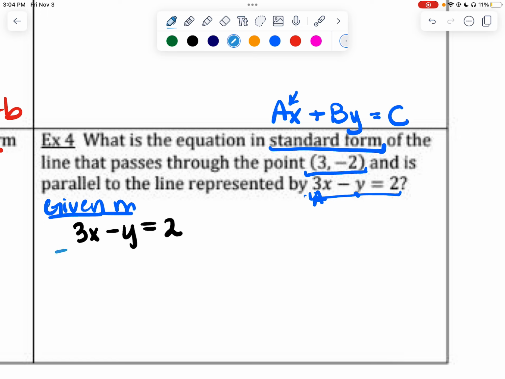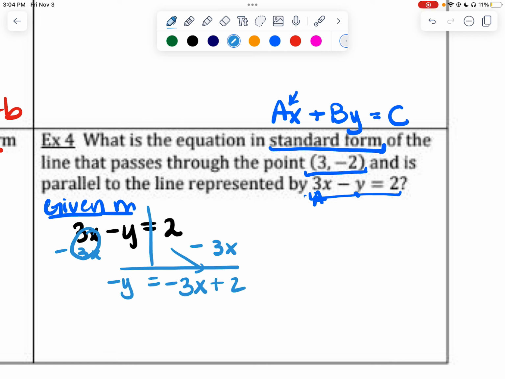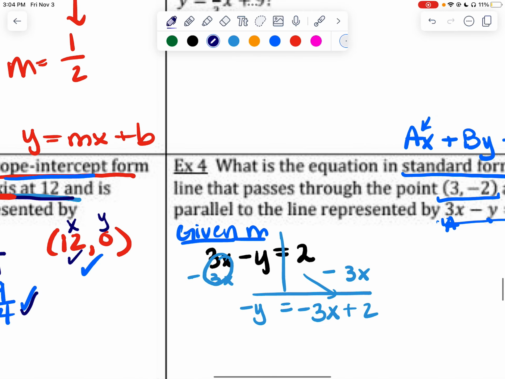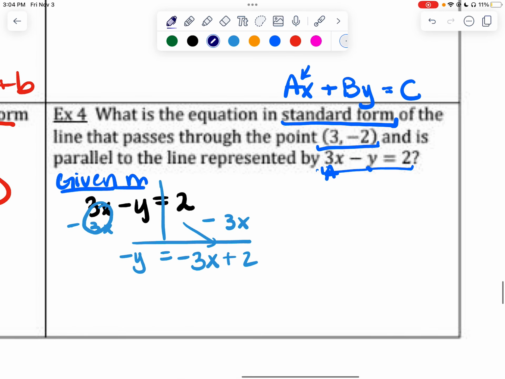So let's see. 3x - y = 2. Solve for y. Subtract 3x on both sides. That's just 0 on the left, and then I get -y = -3x + 2. I'm going to bring the x first. I still don't have actual y. I have negative y. I want y by itself. So I can still divide. Move and divide, right? That's our two steps. Move, divide. If I divide this by negative 1,